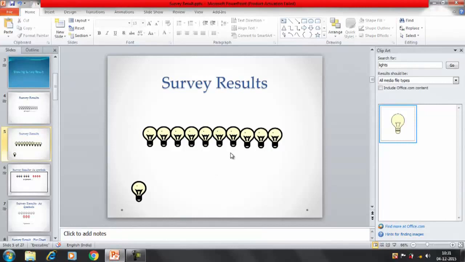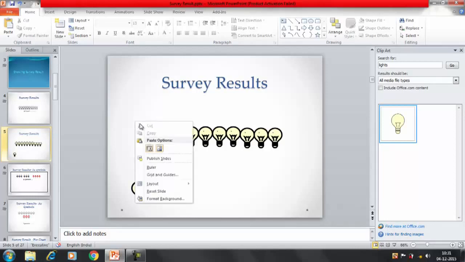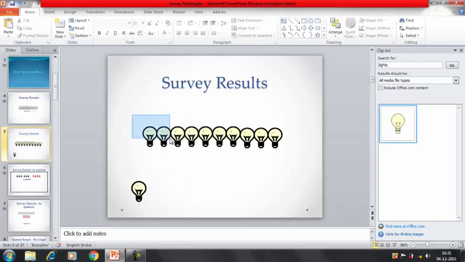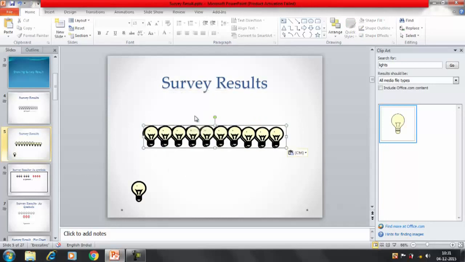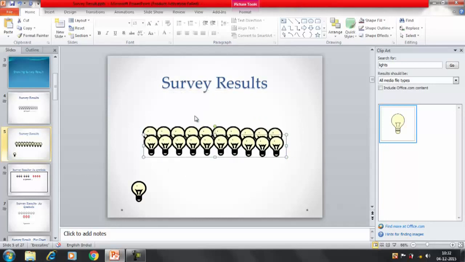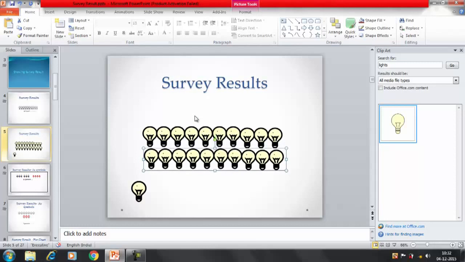Now what I want is that they light up. Currently the color is yellow for all the bulbs. So what I'll do is create one more copy. Copy, and once again paste this as a picture, the above one.